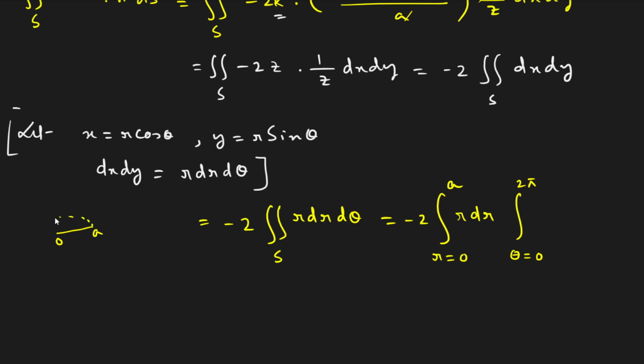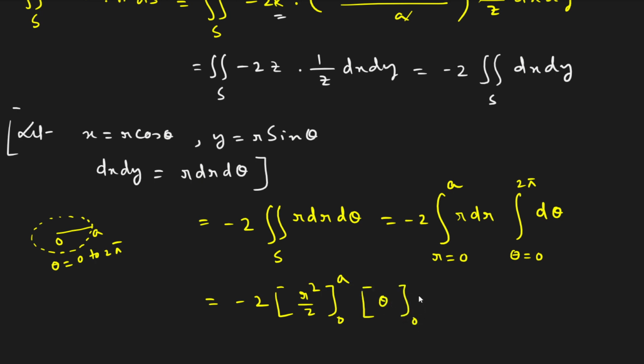How will it rotate? Like this, you will rotate. So theta will be how much? 0 to twice pi. If you rotate it 180 degrees, then you will get a hemisphere. So it's d theta. So minus 2 outside, r square by 2 between the limit 0 to a, theta between the limit 0 to